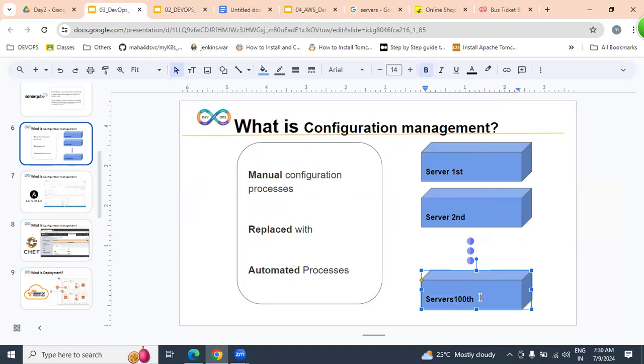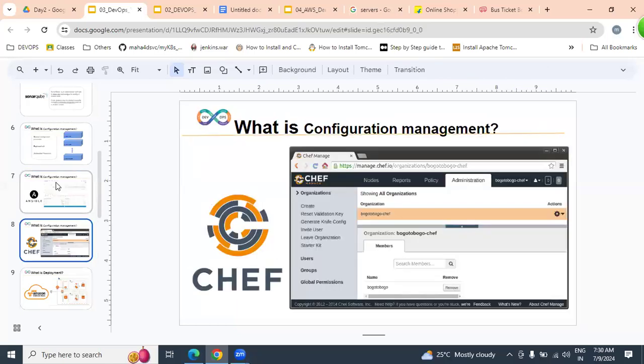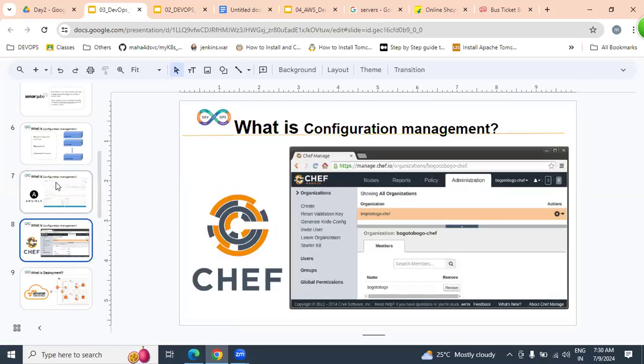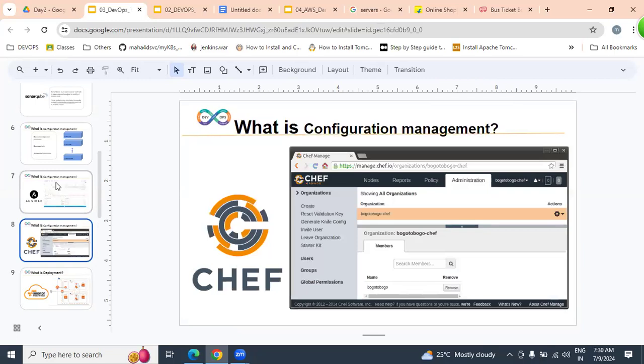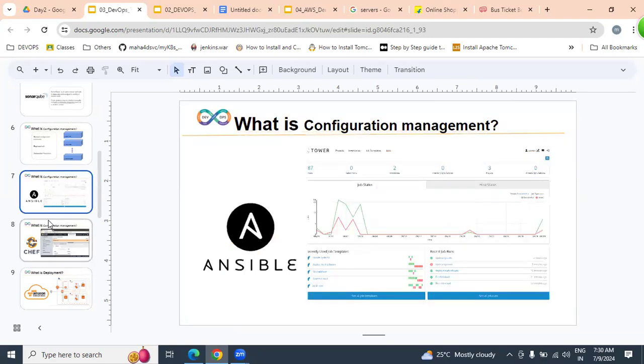For implementing this, we are going to learn two tools: Ansible and Chef. Ansible is a push model, Chef is a pull model. So we can automate these hundreds of servers with Ansible and Chef.